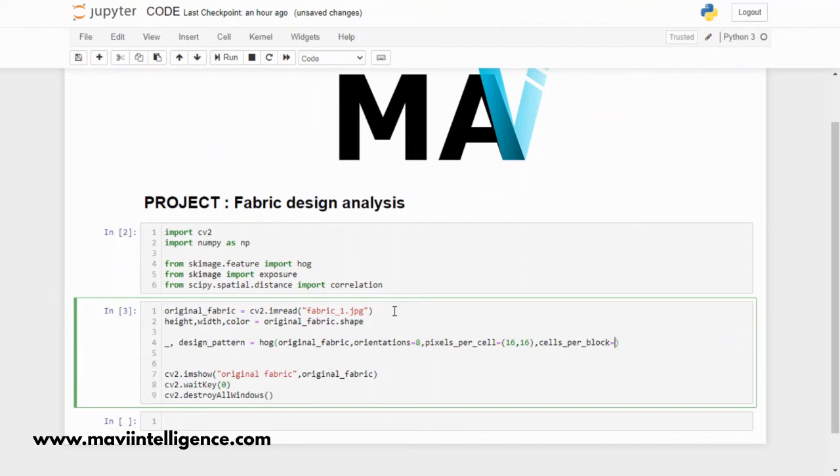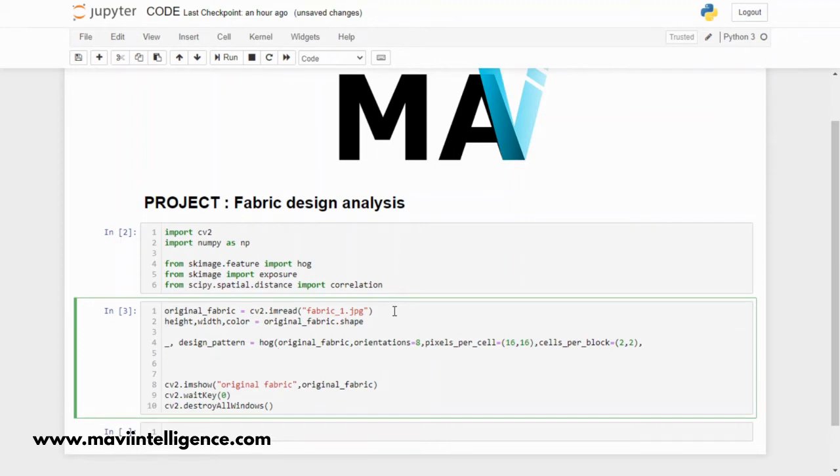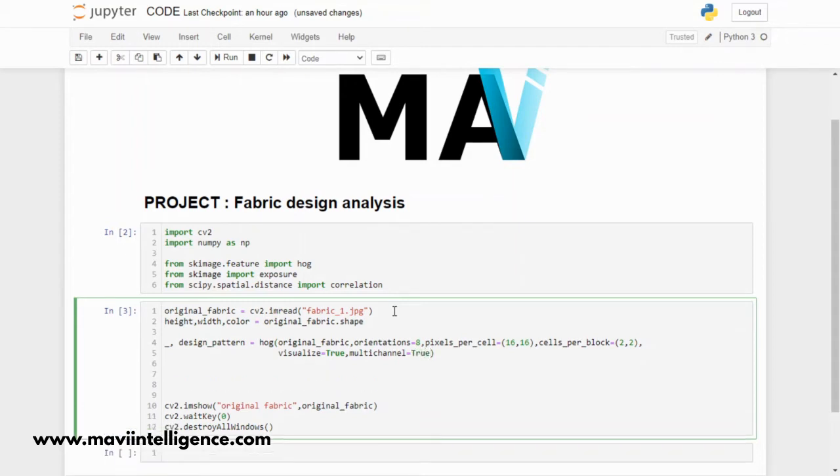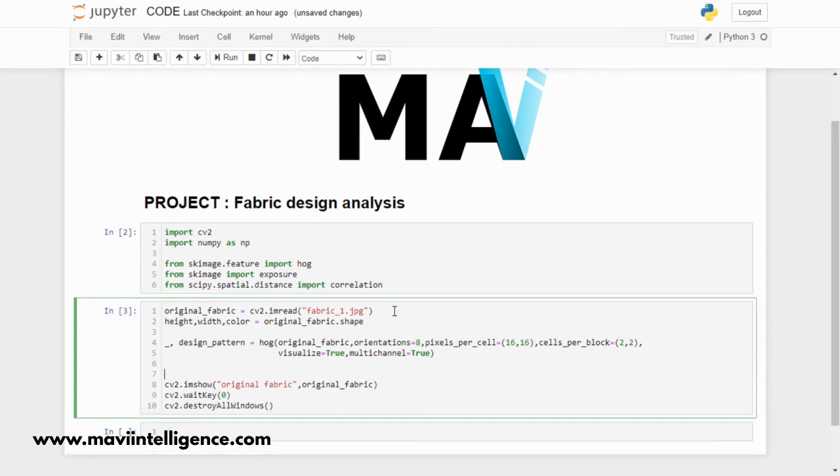For the cells per block, let's say 2 by 2. Now the next argument we have to set is visualize equal to true, and the last argument is multichannel. We have to show that our image is multichannel. So we're getting done with the hog implementation.